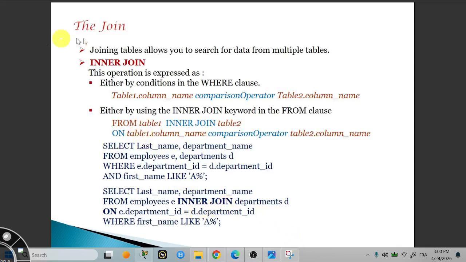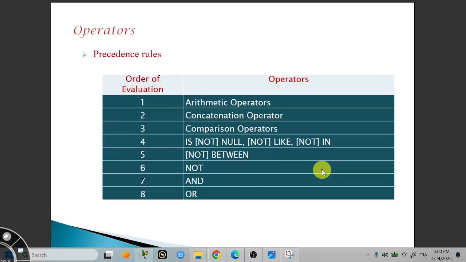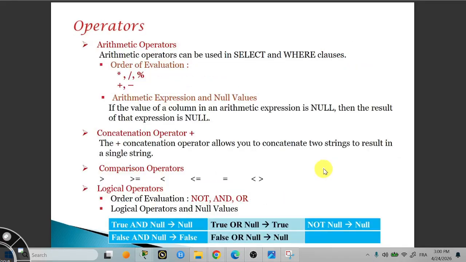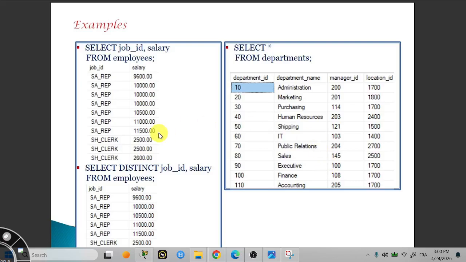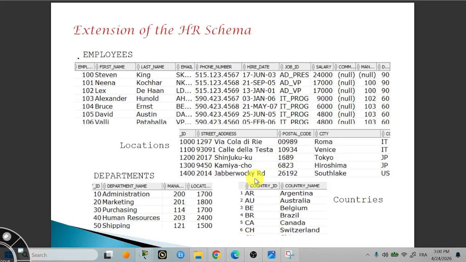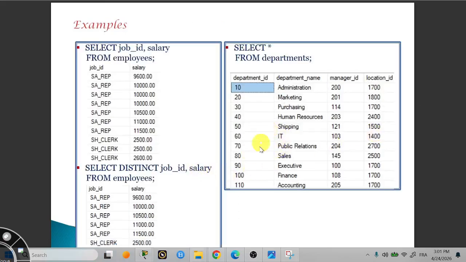So inner join means that you join where the primary key equals the value of the foreign key. Let's have an example. For example, here, department ID. For example, let's assume this is the department table. We have this